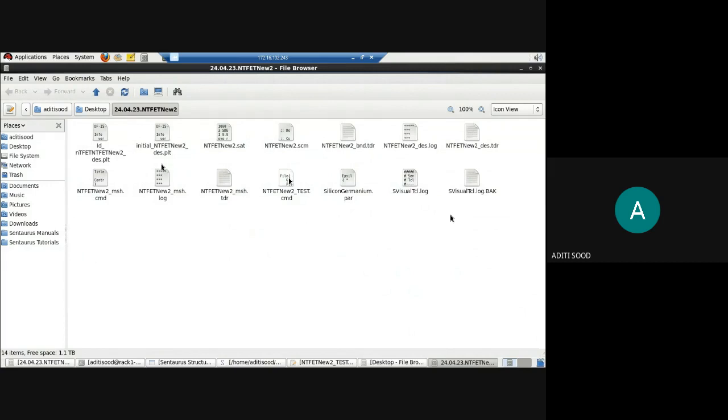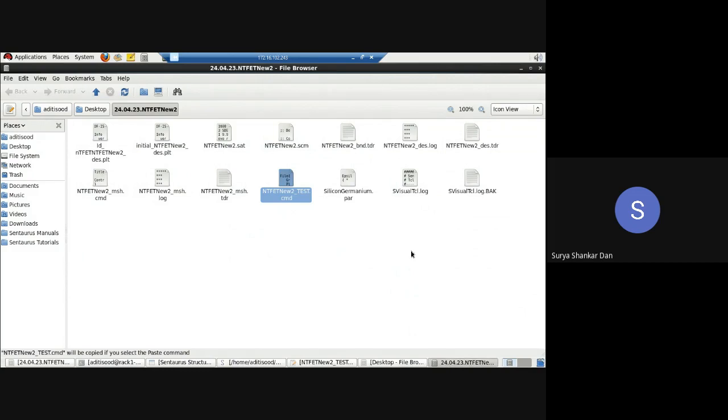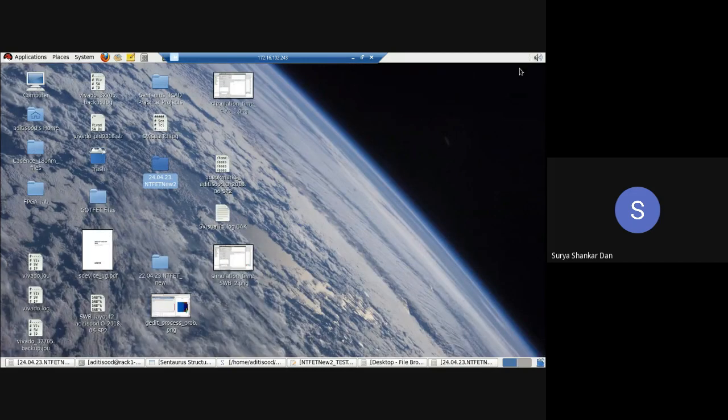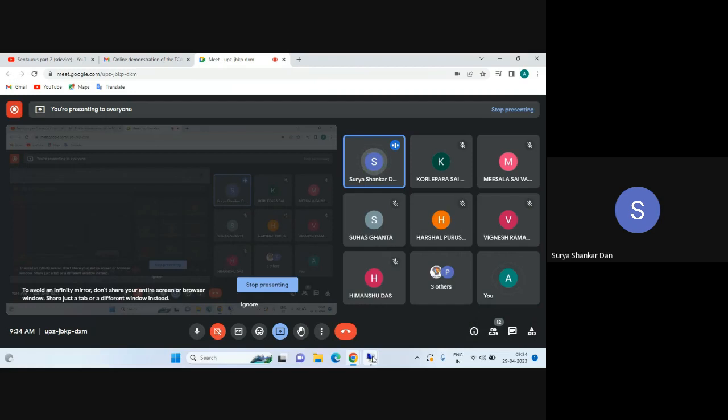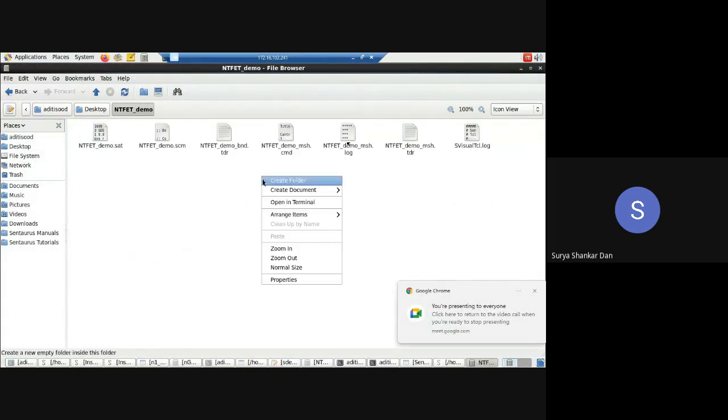So basically, I'll be copying this file from here. How will you copy? This one is the file we are looking for, right? Yes, sir. And the one that I'm showing actually is that NTFET demo. It is not showing on this particular one. That's because you have not logged out. Probably that is the reason why this has not been synced. Remember, it is knowledge for the students also. Unless and until you log out of a session, your session will not be synced. Okay, doesn't matter. It is pasted, it will not come across. Doesn't matter. You go to the other server,